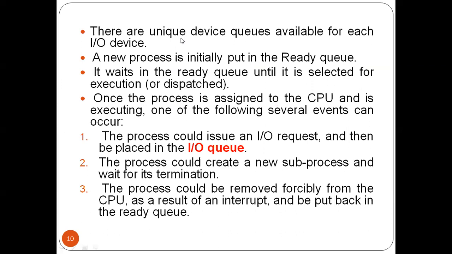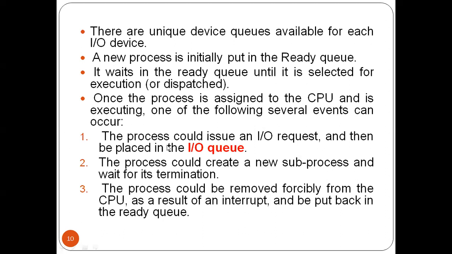So there are unique device queues available for each input output device. A new process, which is initially, will be put in the ready queue. And it also waits in the ready queue until it is selected for the execution or dispatched. Okay, once the process gets assigned to the processor, the CPU, it will be executed and one of the following